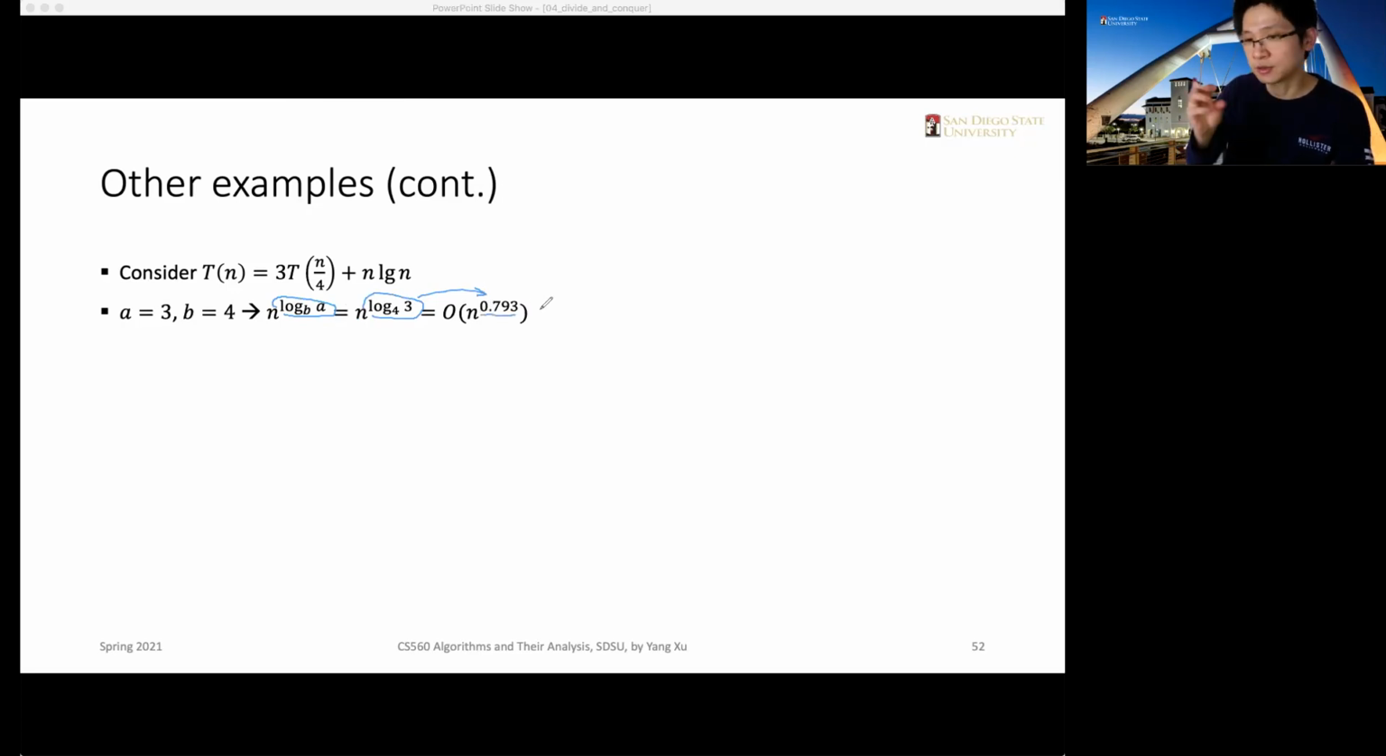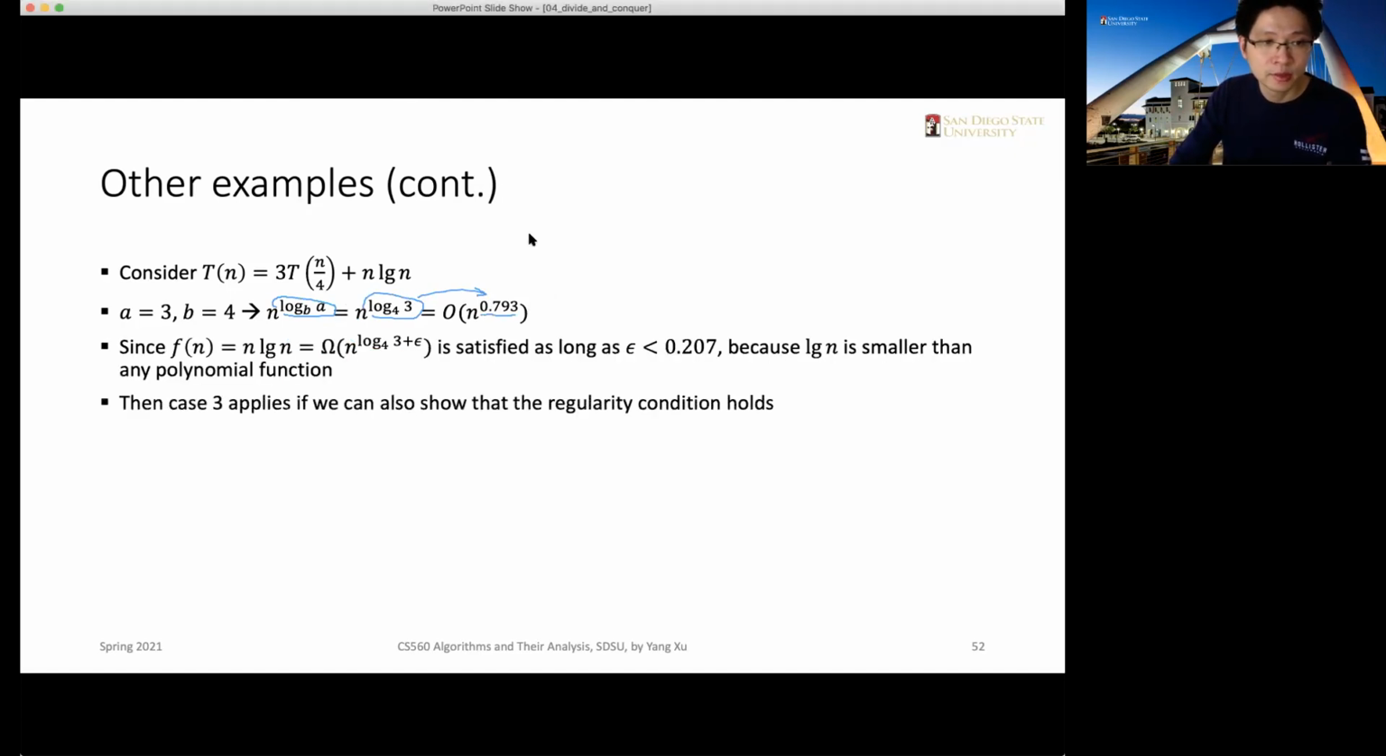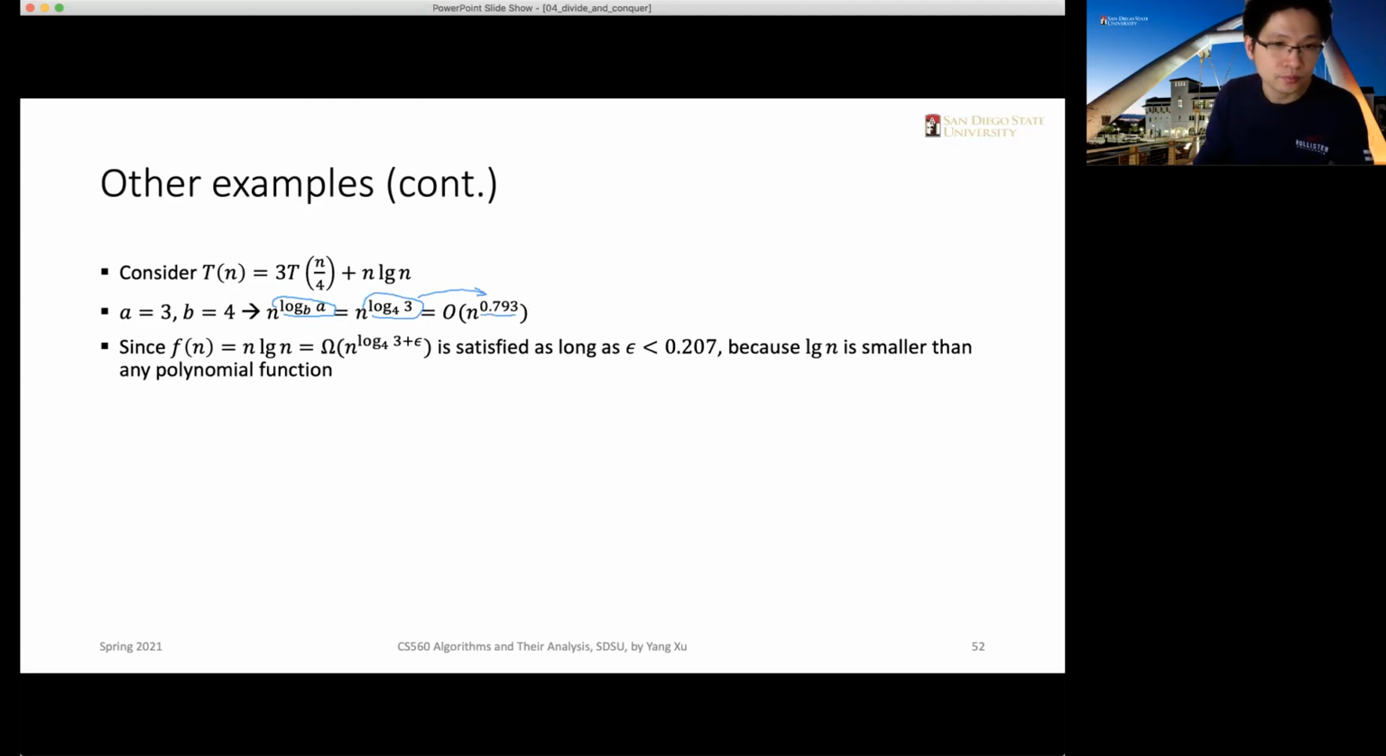So we cannot write all the decimals here, all the numbers here. Okay, so now let's look at the relationship between these f of n, right? So this is our f of n. We need to compare this n times logarithm n with this polynomial function, which is n to the power of 0.793 something. Okay, so actually the n times logarithm of n is indeed